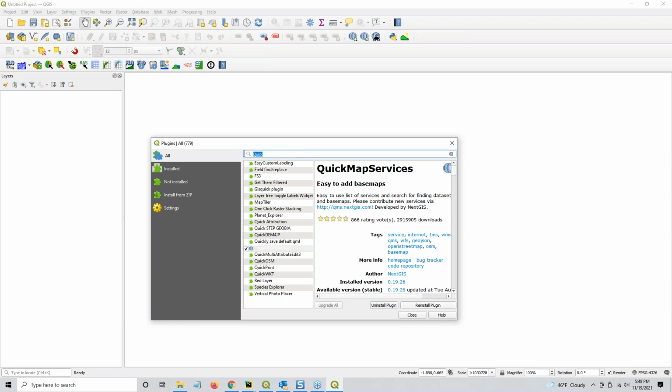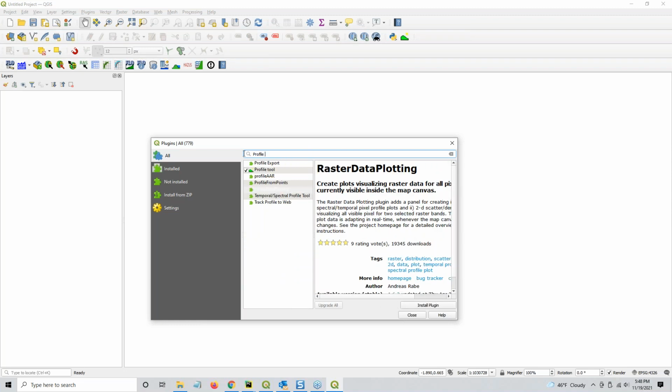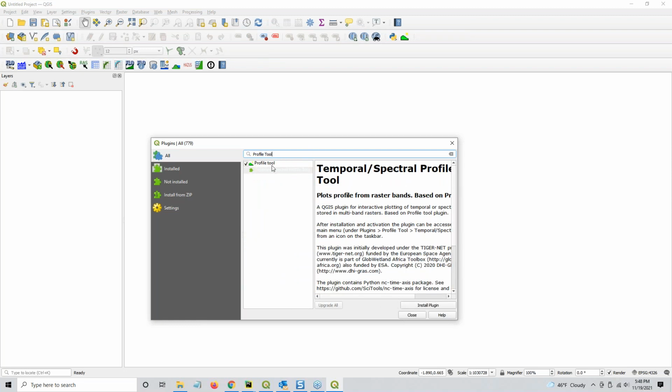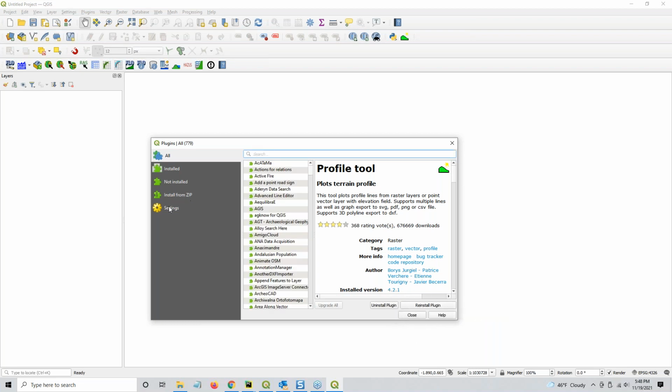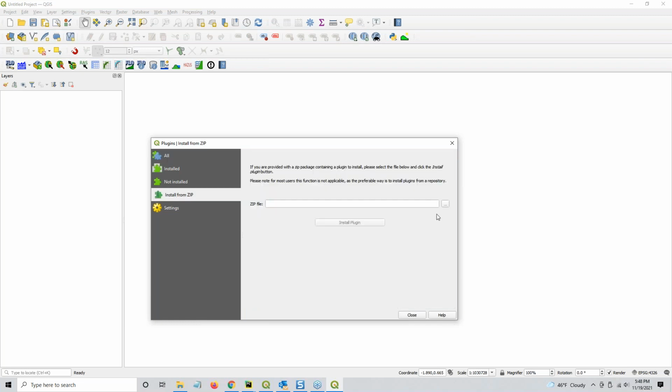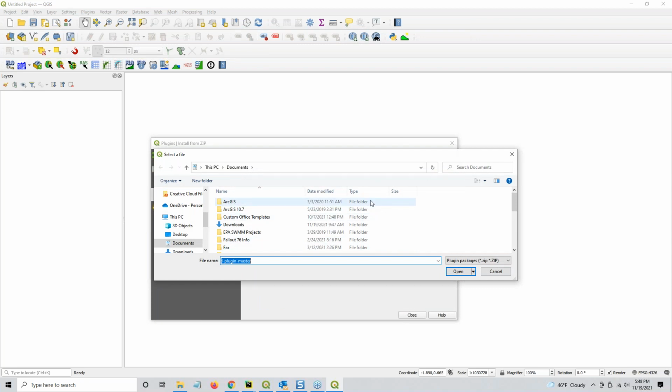Then come back to the search and click Profile Tool. This one here, go ahead, same thing. If you already have it, don't bother to reinstall it. If you don't have it, go ahead and install it at this time. Then you can close that out and you can go to Install from Zip. Click the three dots to open the